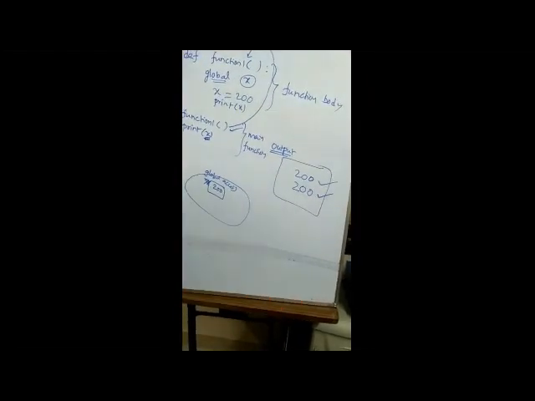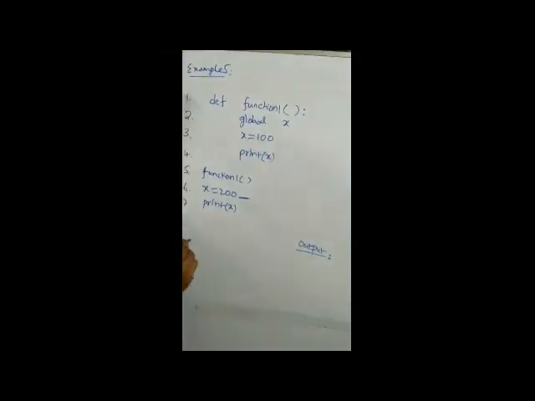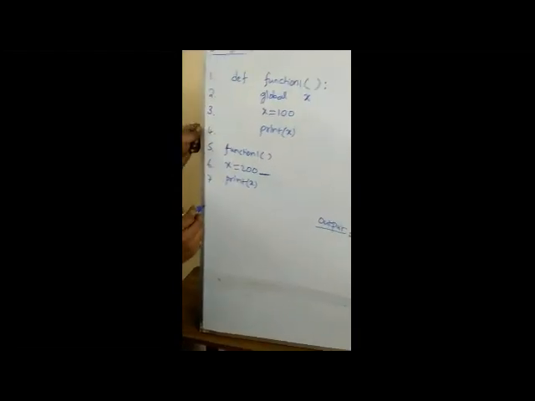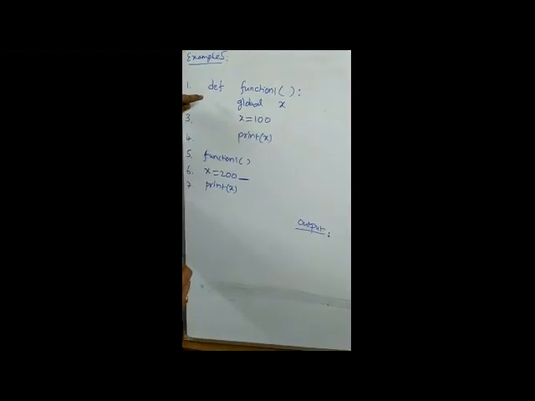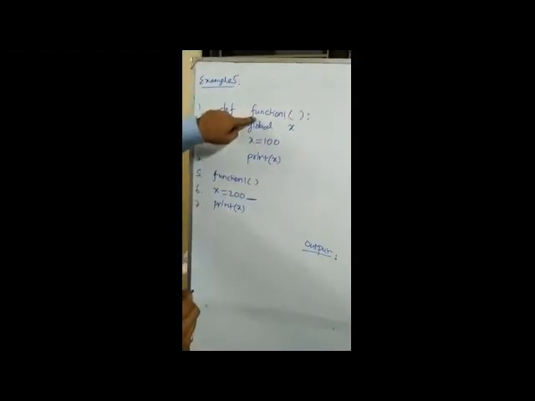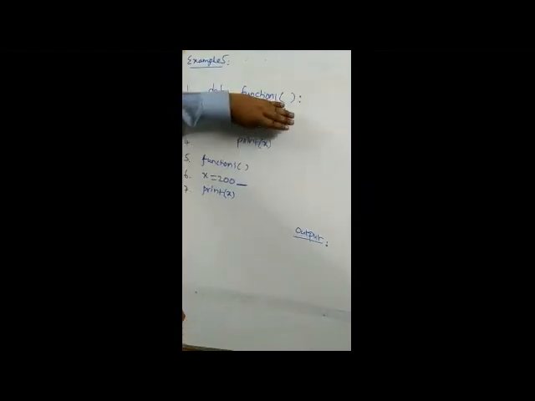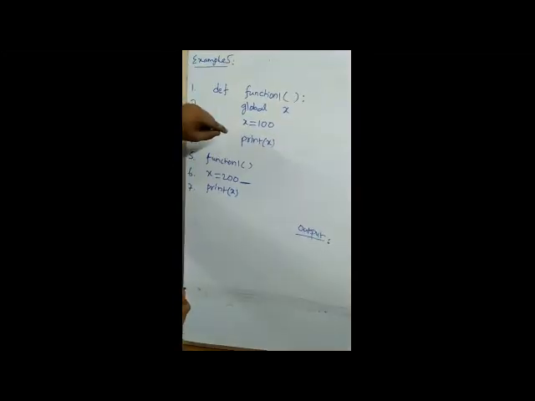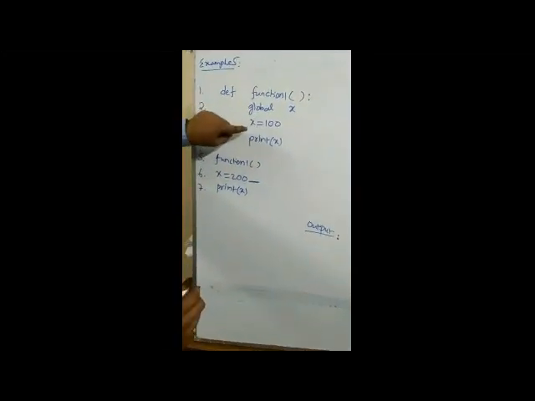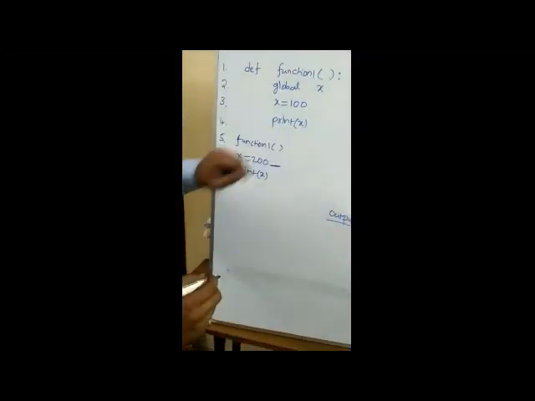This is the concept. In the previous example, this statement is not there, but in this example I am writing this line also, sixth line, x is equal to 200. See, in this example, first in the function1 definition, I am writing x with the global keyword. This x is actually a local variable, but I am writing global. It acts as a global variable with the value 100. Then it prints the value of x.